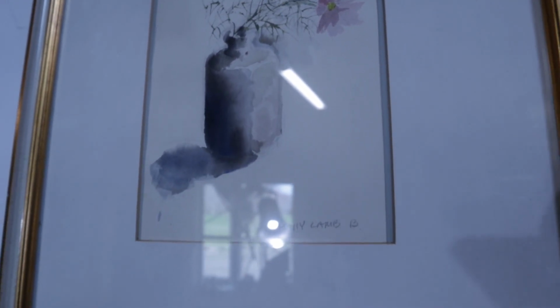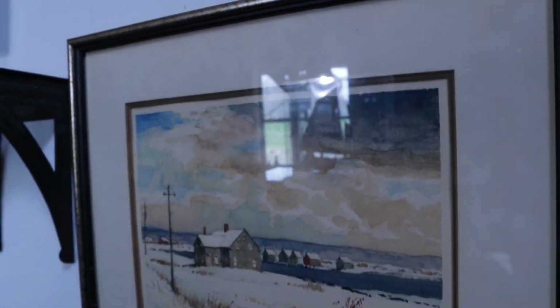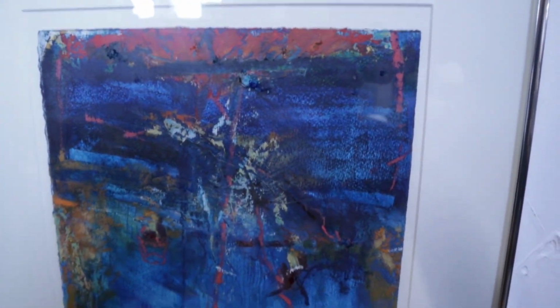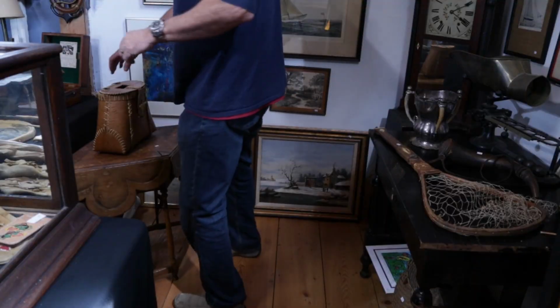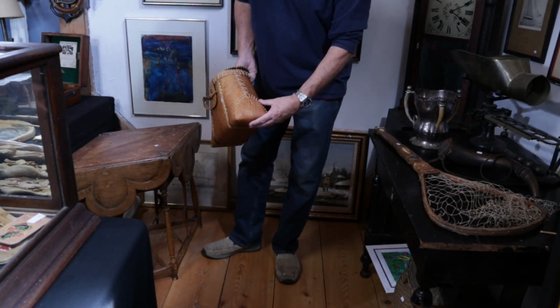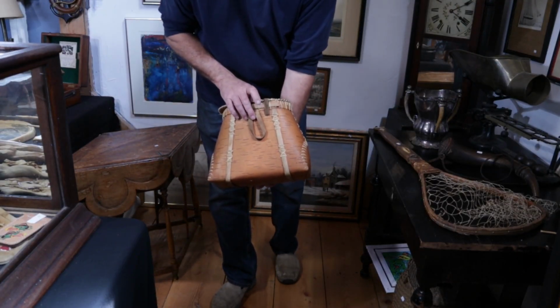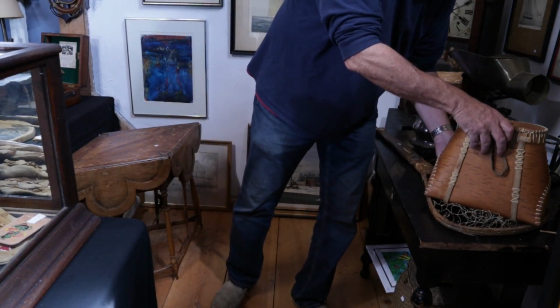Okay. There's the Molly Lambeau back again, that darn window. I really should just get some black curtains. The John Cook and the Wayne Boucher. Look at the colors in that. Fantastic. All right. Beautiful birch creel. Look at the workmanship in that. Really well done. Great piece. Excellent condition. It has a little miniature inside. But what I want to show you right now